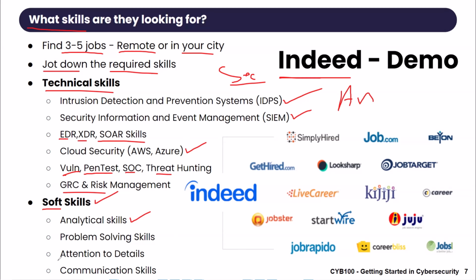And then you've got to be somebody who can pay attention to details. Some people don't do that. When you don't pay attention to details, some things might fly by you, and companies are not going to be very happy with you. Problem-solving skills, absolutely, and communication, obviously. Some people have trouble communicating this technical stuff to management, to their colleagues, and the like. So these are the soft skills that you must possess.